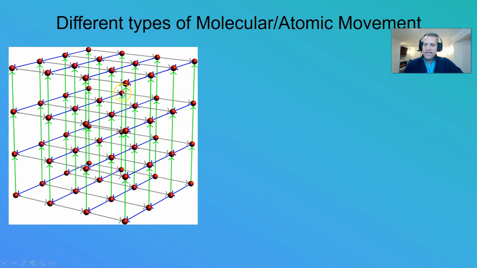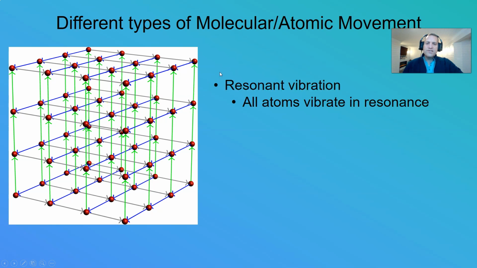Okay, so all these atoms are connected and held together by interatomic forces from sharing basically their electron shells with each other, and they hold each other in place. Let's consider first resonant vibration. Resonant vibration of these atoms would be, for example, when all of these atoms are vibrating back and forth, totally in unison, in resonance with each other. So they all move back and forth with the same amplitude, all together at the same time. That would be resonant vibration. They're all moving back and forth at the same time together.